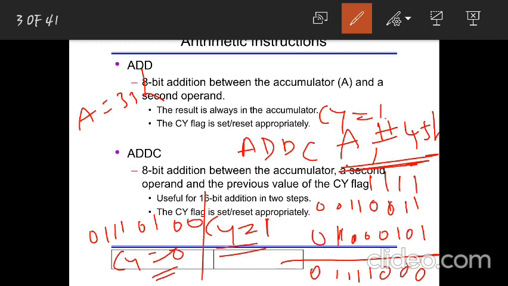For example, if I write here this carry 1, this will become 1 plus 1, 0 with carry 1 here, 0 plus 1, this will become 1 here. Then again 1 plus 1 is 0 with carry 1. In this way it keeps on adding. So the carry also will be added into these terms.